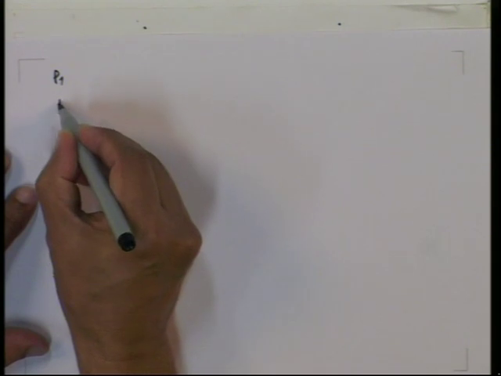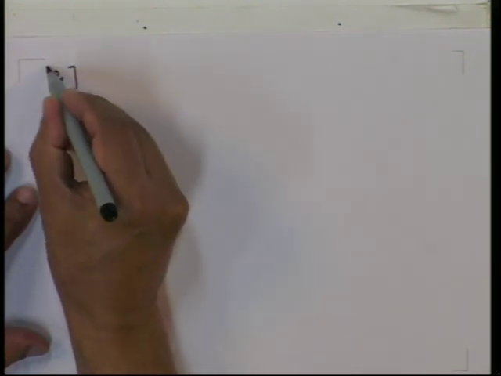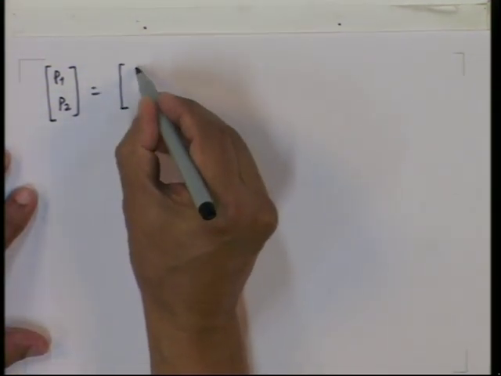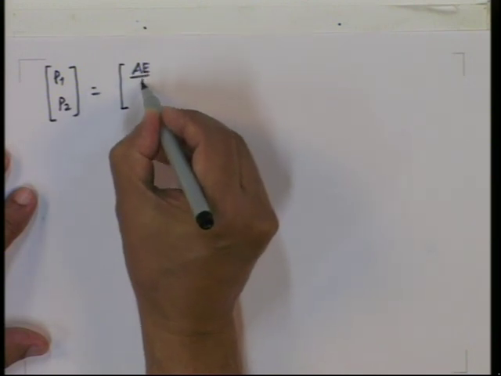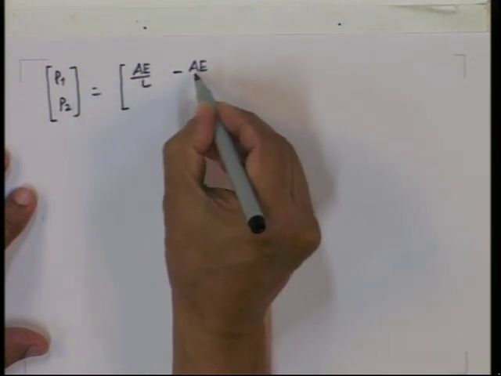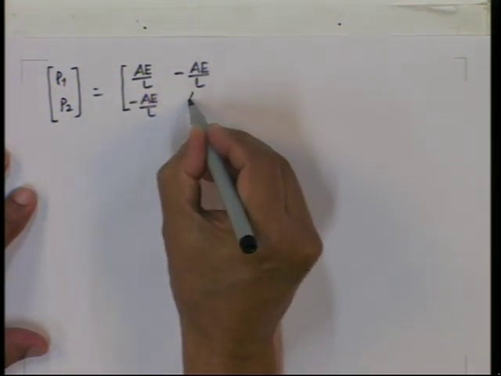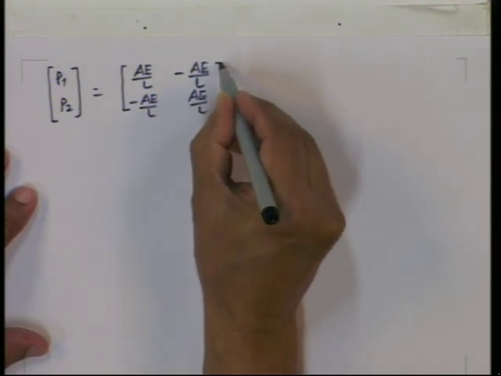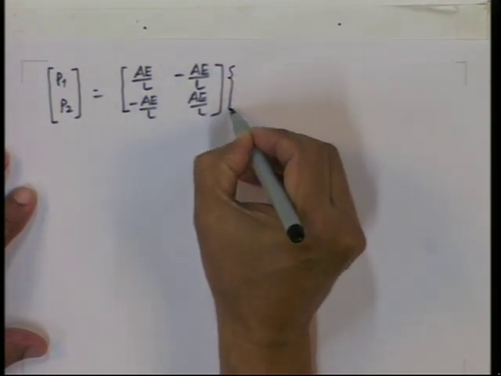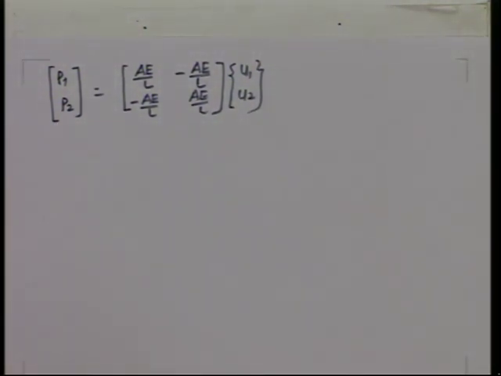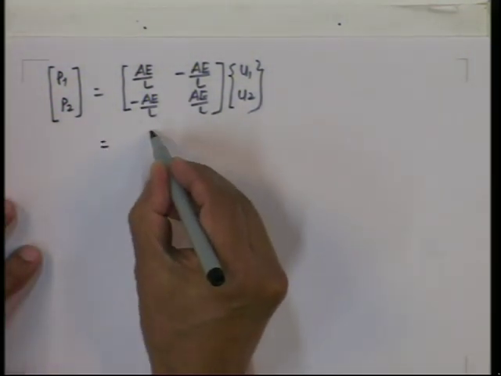So, you can write this in matrix form, and we get here P 1 P 2 equal to A by L minus A by L, minus A by L, A by L, U1, and this we call as K